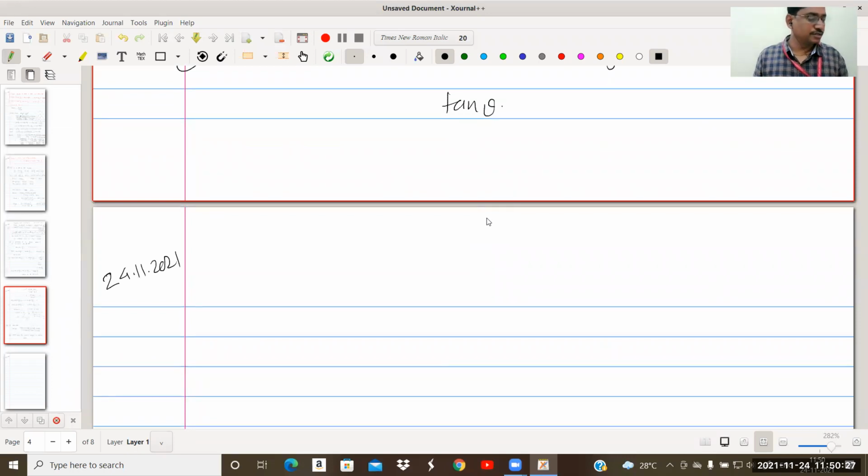Now in the next lectures, we want to expand tan of theta 1 plus theta 2 plus ... theta n. We are going to find the expansion of tan of theta 1 plus theta 2, tan of theta 1 plus theta 2 plus theta 3, and so on. We have to generalize this. How De Moivre's theorem is applicable here also, we'll be discussing in the next class. There are two or three more articles in this unit. By the end of this month, we are going to complete unit 2.